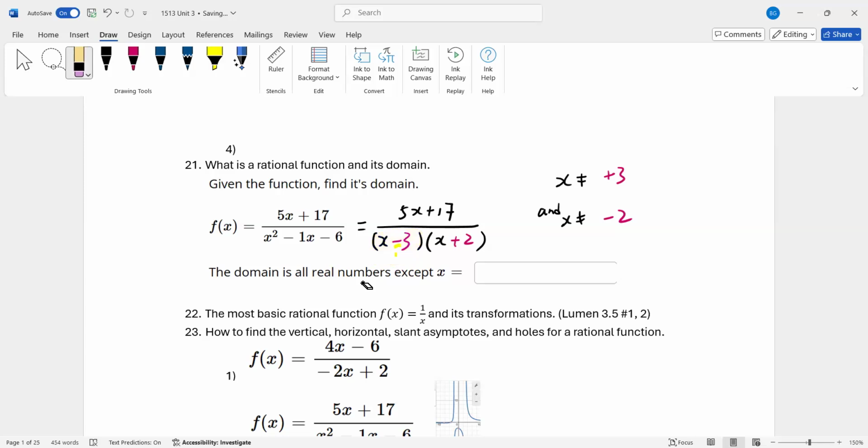Same idea, x cannot equal -2 either, because